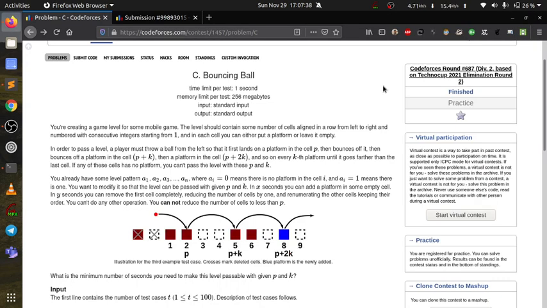Guys, so we are here to discuss the problem Bouncing Ball of Codeforces Round 687. Basically, in this problem you are given a binary string like 010101, and you are given the size of it and the numbers p and k. What here p is